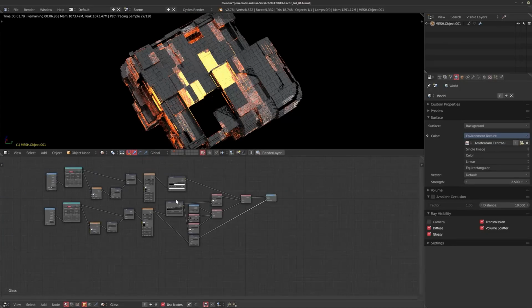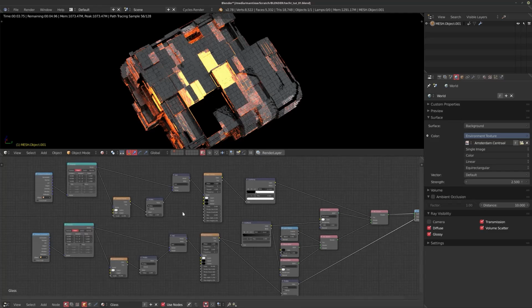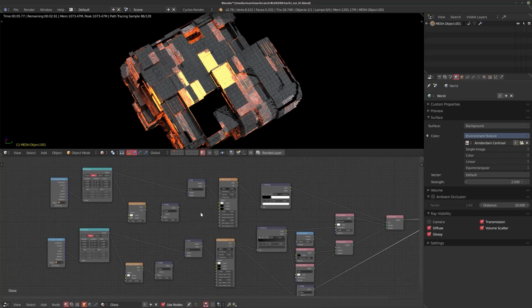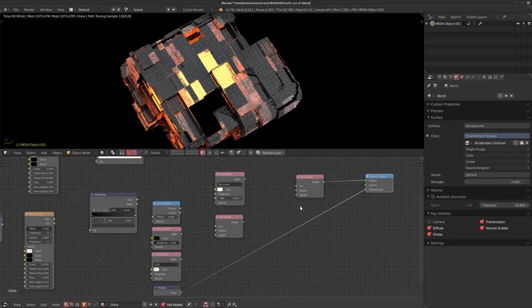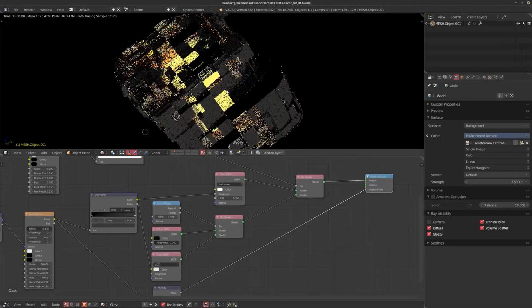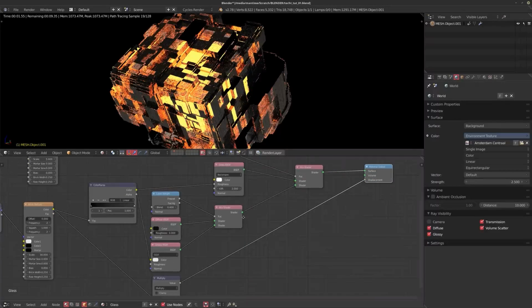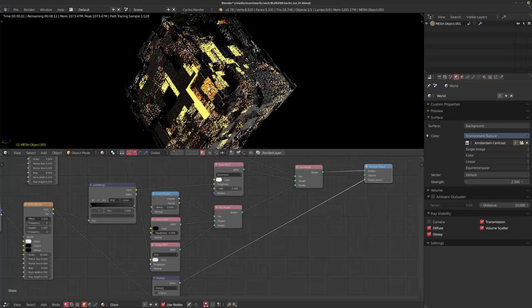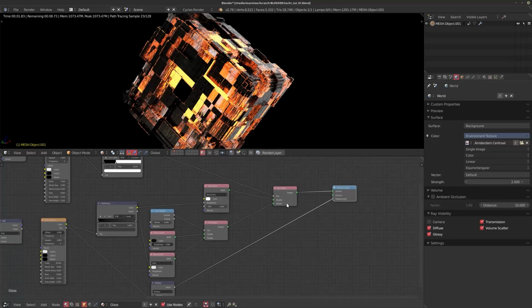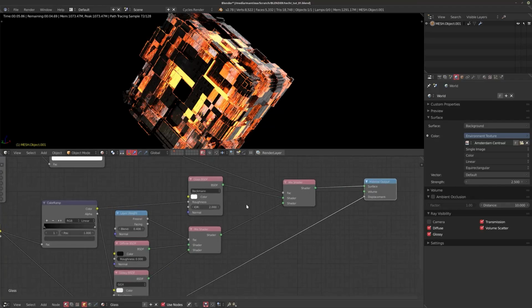This is a really interesting texture setup. As you can see, this one is a little bit more advanced. But it boils down to the same thing. If we deconstruct this, then again, it's just a mix shader. Now, there's two mix shaders here. One is sort of mixing in the metal and black reflective material, and the other one is mixing in the glass material that you can see sort of in between. So this adds an extra layer. I like doing this kind of stuff because, like I said, it adds an extra layer of detail.